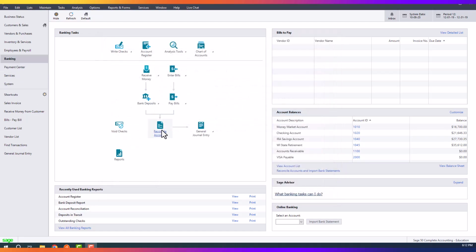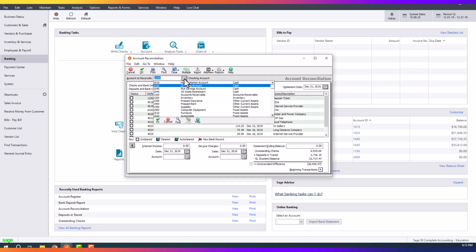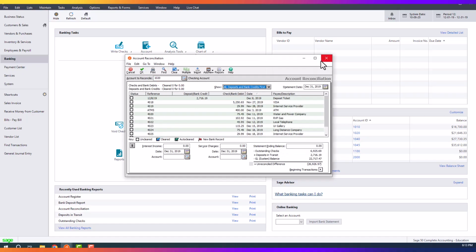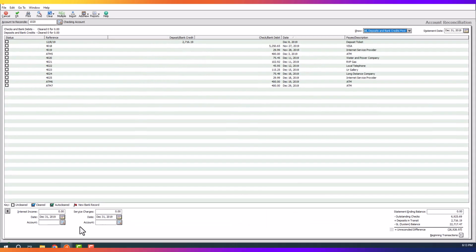and now I'm on the banking tab again. I'm going to reconcile accounts. I'm going to make sure that we're reconciling the checking account, maximize the screen, make sure I can see the details at the bottom with the interest, income, and service charges. If not, use these arrows to expand it, and I'm going to enter the statement ending balance from the bank statement. And this bank statement starts on page 353 and continues to page 354, and it looks like the balance is on page 354, $22,737.46. And also I can see from that bank statement there was a $10 service charge, so I'll enter that,